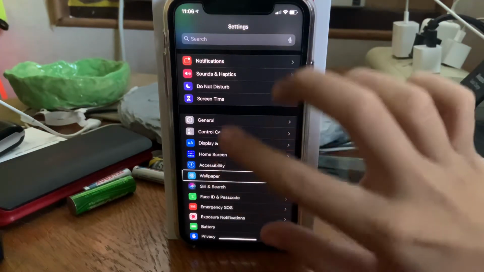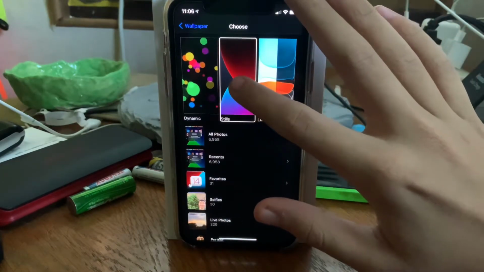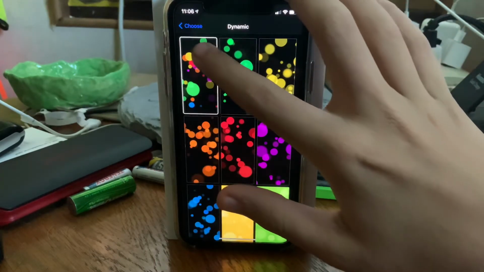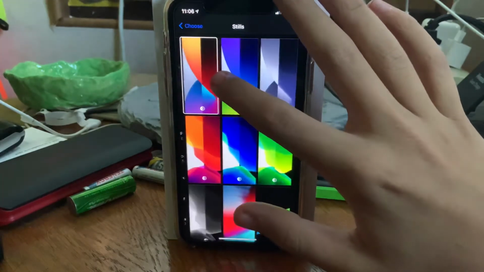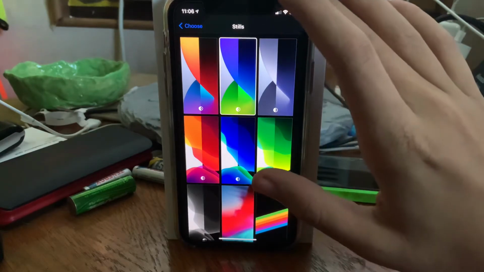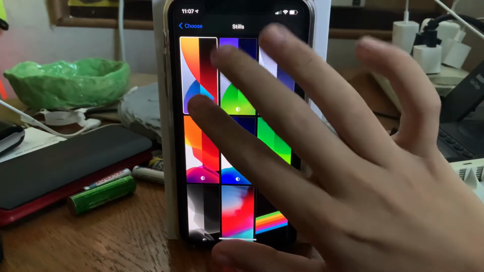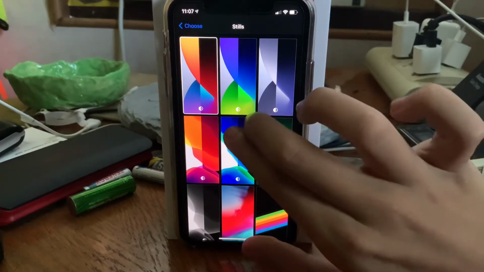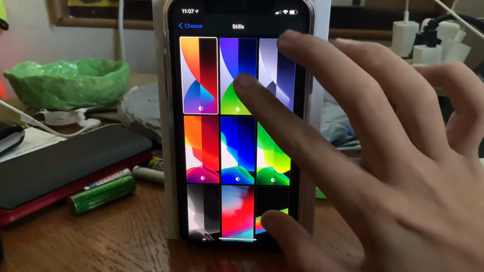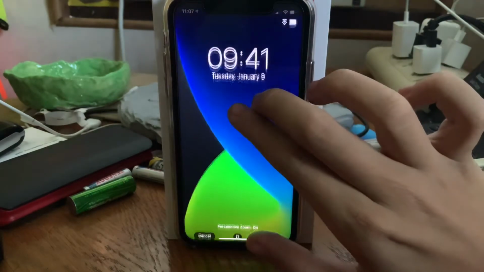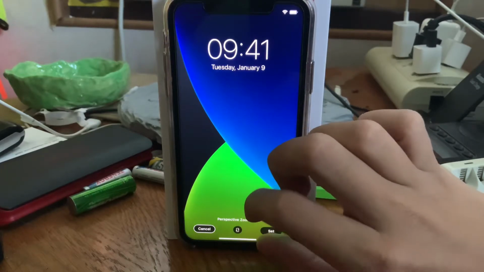Wallpaper. Choose a new wallpaper. Still photo wallpapers. Dynamic. WWDC 2020 cool. Hot air. See, I'm using the WWDC 2020 warm one right now. But you can see what I'm talking about when I use the WWDC 2020 hot air balloon. The reason why I'm saying hot air balloon is because of